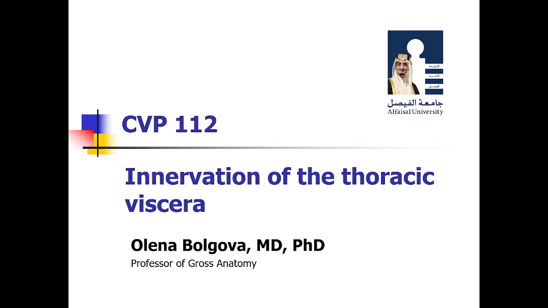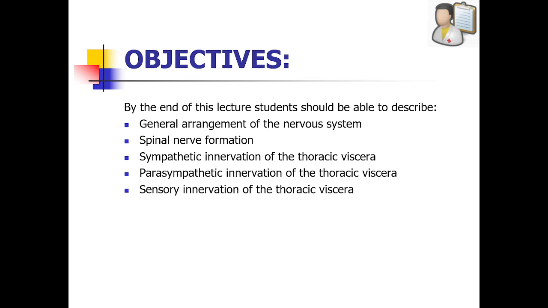We talk today about innervation for the thoracic organs. But before we talk about visceral innervation, I will recall from scratch the principles of innervation in general, how somatic innervation differs from autonomic innervation, what the two types of autonomic are, and how we provide sympathetic and parasympathetic to the thoracic organs.